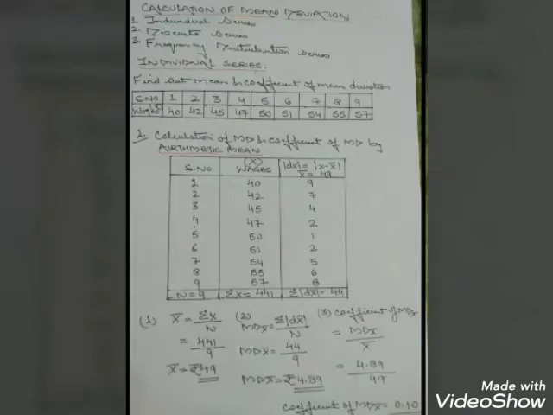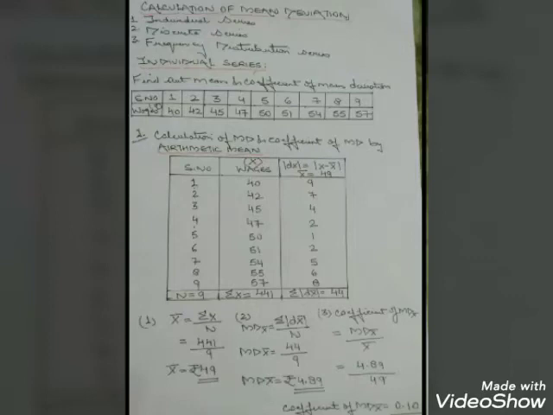Now we will be doing the calculation where we will calculate mean deviation and coefficient of mean deviation by arithmetic mean. If you see, I have drawn a table over here which has 3 columns. In the first column you have the serial number, in the next column I have taken wages as X, and in the next column we'll take out the deviation. Serial number, as it was given, I have put down 1 to 9.